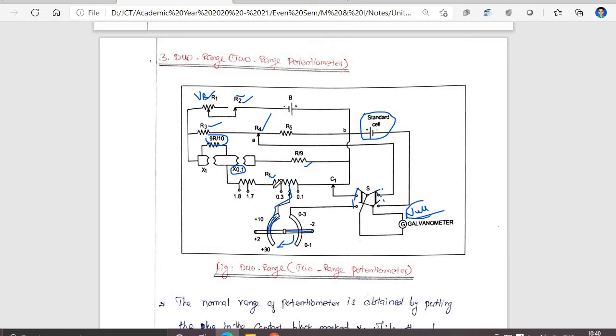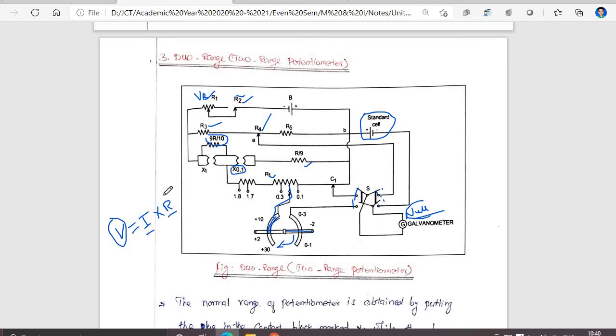After that, according to Ohm's law, V equal to I into R. V equal to I into R is the formula. So we have to find out the value of V, where V is the unknown voltage. That unknown voltage is applied to our potentiometer circuit, and we have to find out the current and